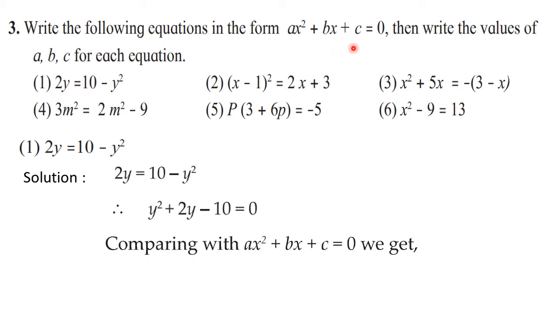Now we can compare it with the standard form, that is x square plus bx plus c is equal to 0. And from that, we have to write down values of a. Like here, value of a is 1, value of b is 2, and value of c is minus 10. As I have said previously also, even though you have y as variable, while comparing, you can always compare with x square plus bx plus c is equal to 0, because by default in standard form we are taking x as a variable. So same thing you can write down here. Got it?